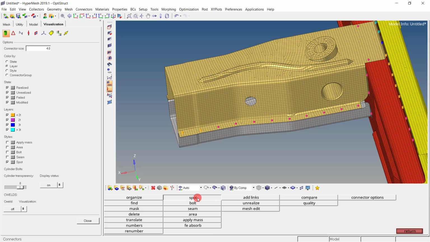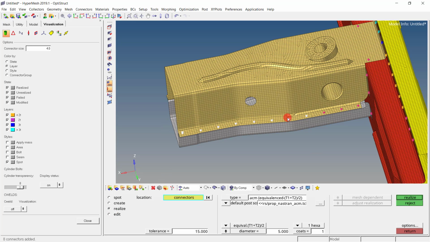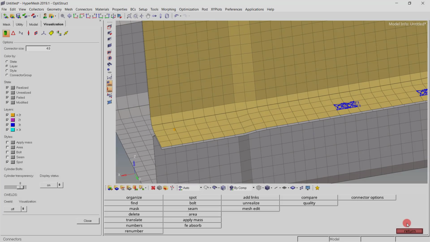But you can go like this also. Go for spot, select these connectors and simply go for realize. Because if the connector has the right information, it might get realized in the beginning itself. Since the connector is not getting realized, I want to see what is the problem with this connector because of which it is not getting converted into the realized one.